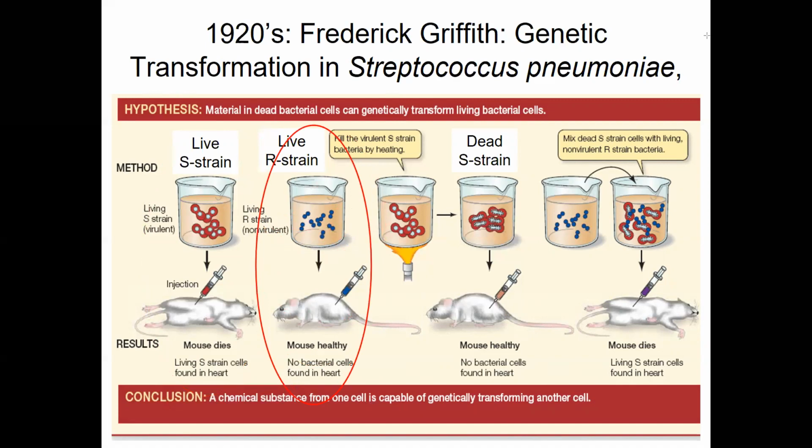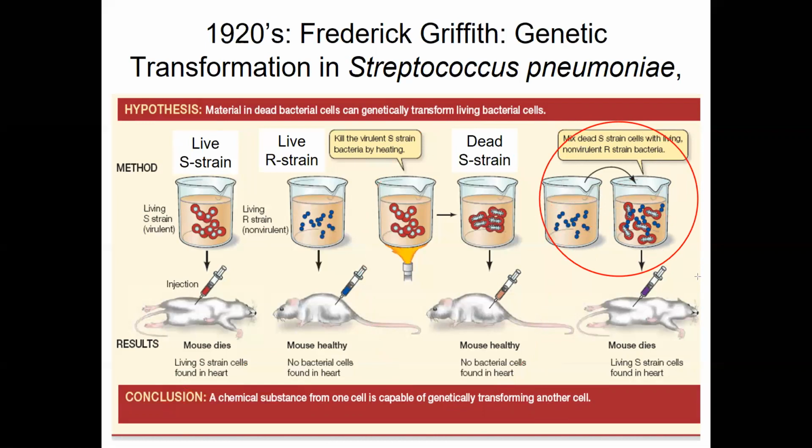Now, furthermore, what Griffith found out that he could do was that if he were to heat up the S strand of bacteria and inject it into the mouse, the mouse would still live. Therefore, it was something that the bacteria were making while they were alive that would be able to kill the mouse. So, if Griffith took some of the dead S strand of bacteria,